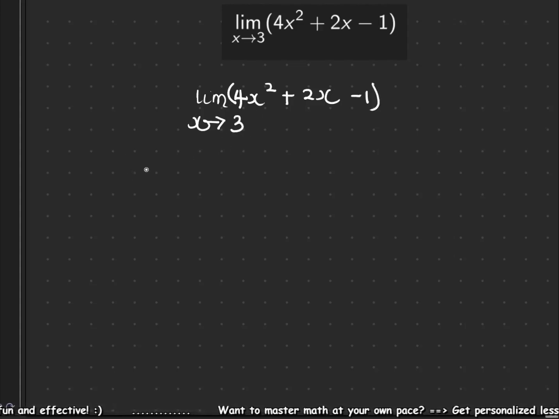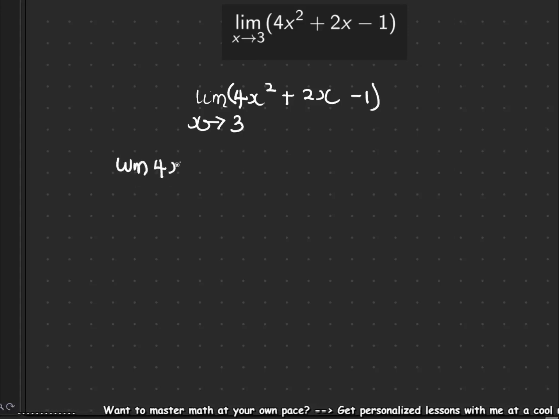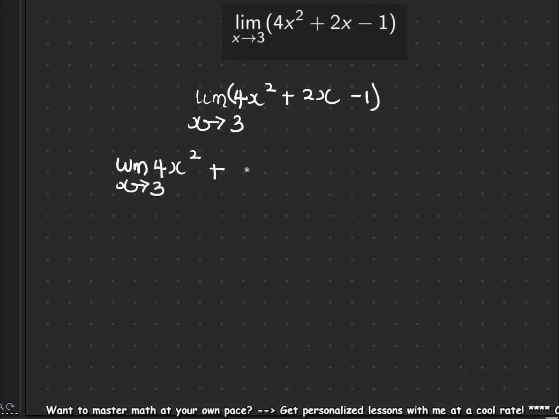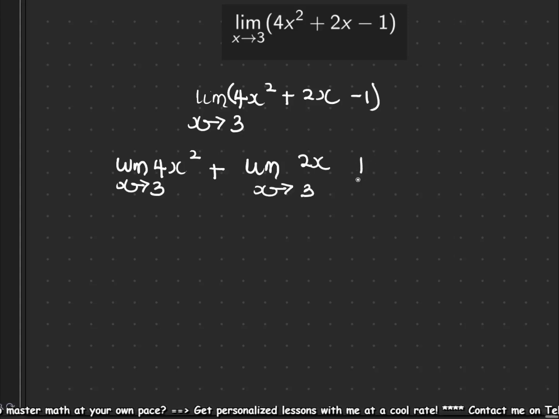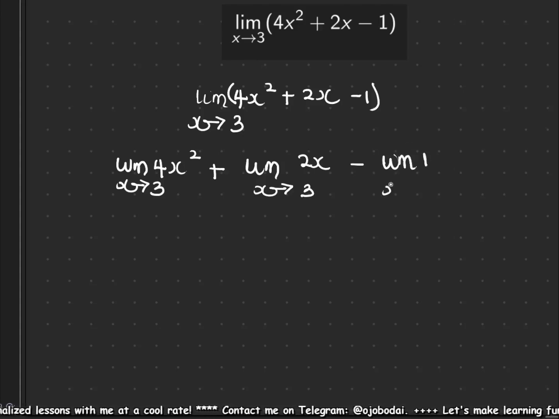Now we can use the limit law concerning sums and differences, so that we are going to get the limit of 4x squared as x approaches 3 plus the limit of 2x as x approaches 3, then plus, or you can say minus the limit of 1 as x approaches 3. Now evaluating the limit, you can as well apply the limit of a constant here where 4 comes out, but